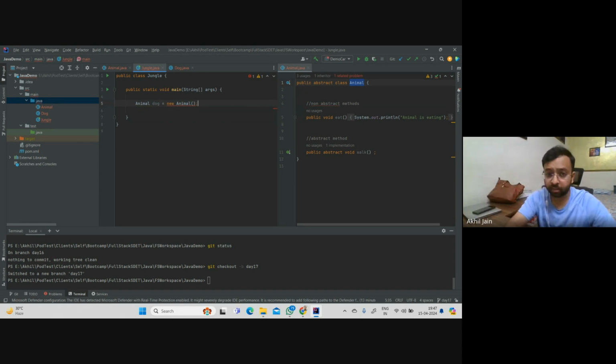So what can you do here? We learned in inheritance what you could do. We learned about the casting operations, that you could create the instance of the child and assign it to a parent. Everyone, we can do it. And who is the parent here? Animal class is the parent, and child is dog. So what I can do is create the instance of the dog and assign it to the parent, which is animal. So what I'll do here is,